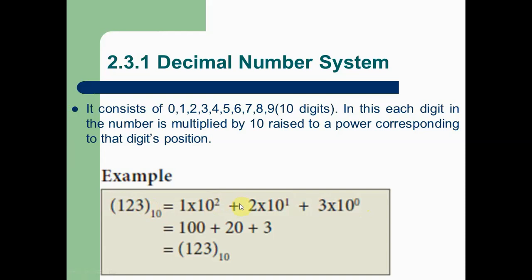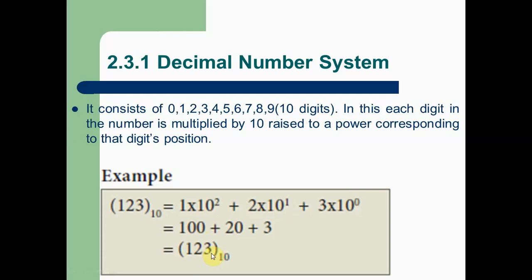If you want to find the decimal value correctly, you multiply each digit by the base value, and the base value is raised to the positional value. Here you can see the simple arithmetic calculation. We find the power value, multiply it with the digits, and when we add the totals, you can see the number 123 appear at the end.